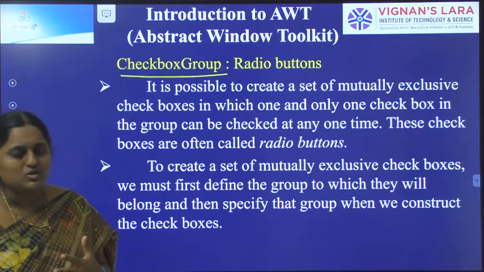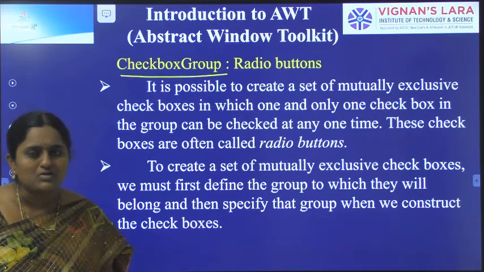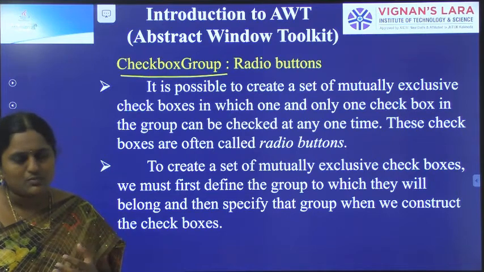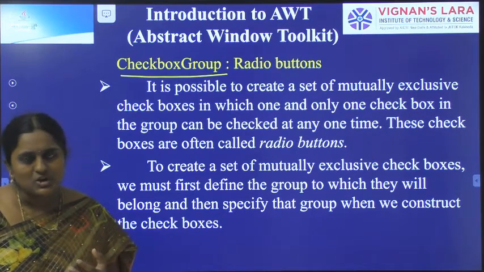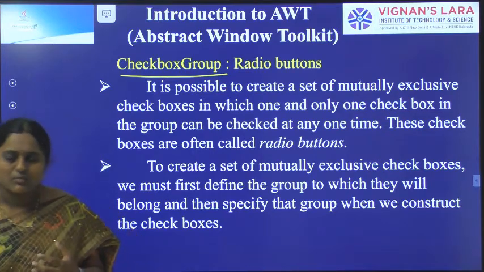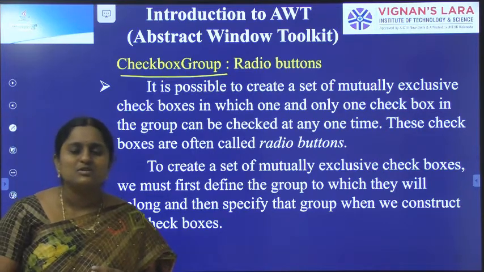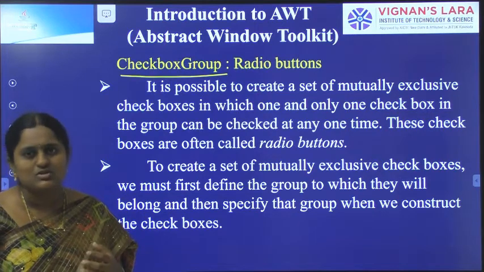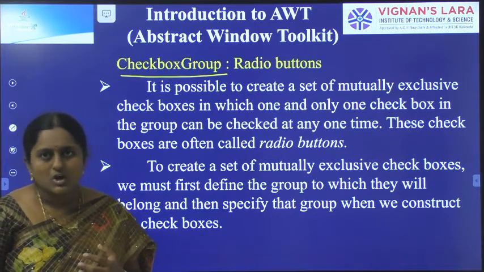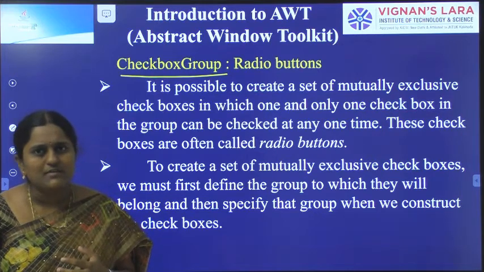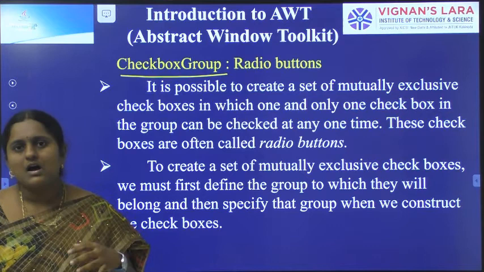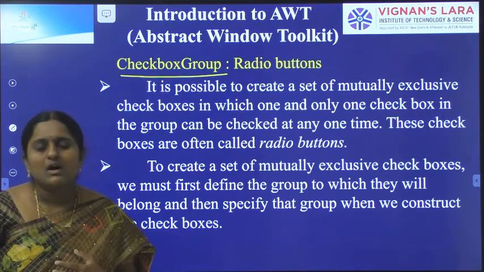In order to create an object of the checkbox group, first we have the constructors. What are the constructors defined by the checkbox group? So what is the difference between checkbox and checkbox group? Sometimes you want multiple selections, and then you choose checkbox as the GUI component. Sometimes you want only single selection, and in those situations you choose checkbox group. In order to create objects of every class, first we need the constructors. What are the constructors defined by the checkbox group?